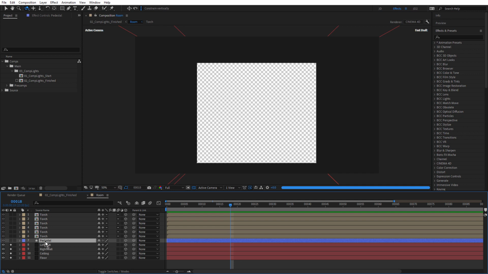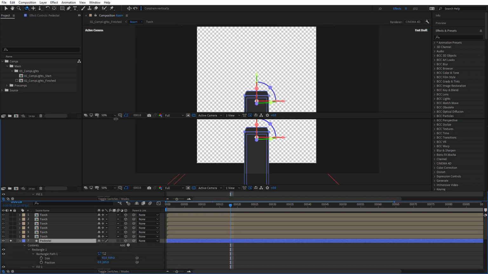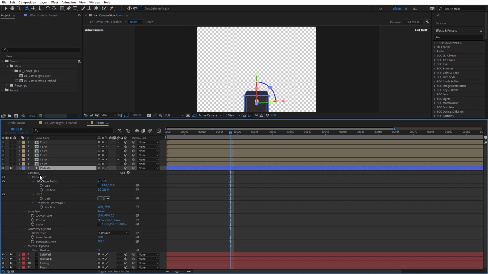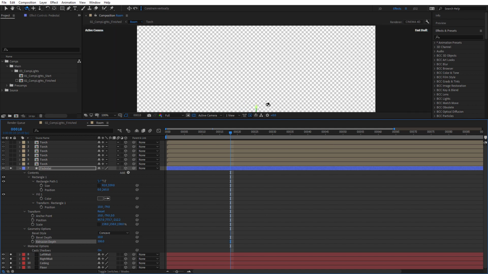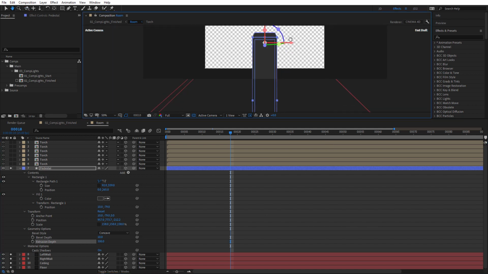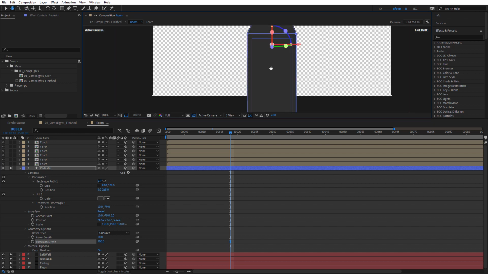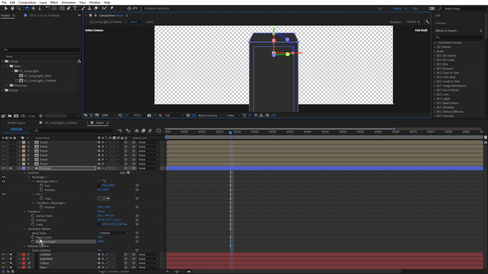Now, in the middle of the room, we have a pedestal. And you can see this is actually a 3D layer. And the reason it can be 3D is because I'm using the Cinema 4D renderer. Just press U twice on the keyboard just to reveal the changed parameters. So it's a rectangular shape layer, and you can see down under geometry options, I've got extrusion depth set to 302. I might just make that 300. I'm going to roll in here a bit so we can see. Now at the moment there's no lighting in here, so it looks very flat, but it does have a bevel depth of 10 and a bevel style of concave.